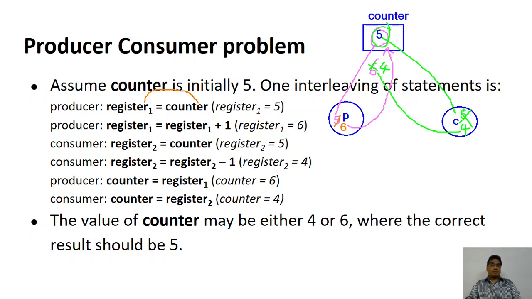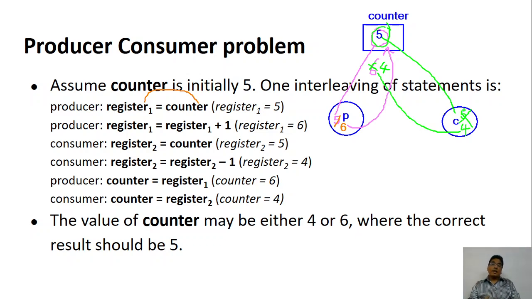Initially 5 items were there. One item was produced, so the total items were 6. One item got consumed, so 6 minus 1 is 5. So the actual value is 5. Initially 5 was there, 1 is produced and 1 is consumed, so they balance each other. Produced and removed means the actual value remains 5.